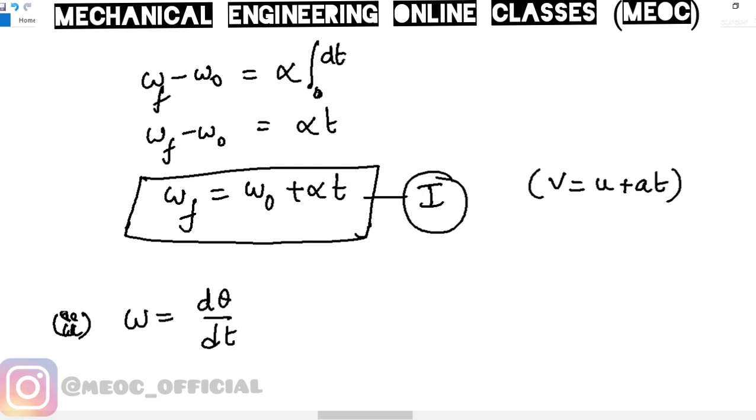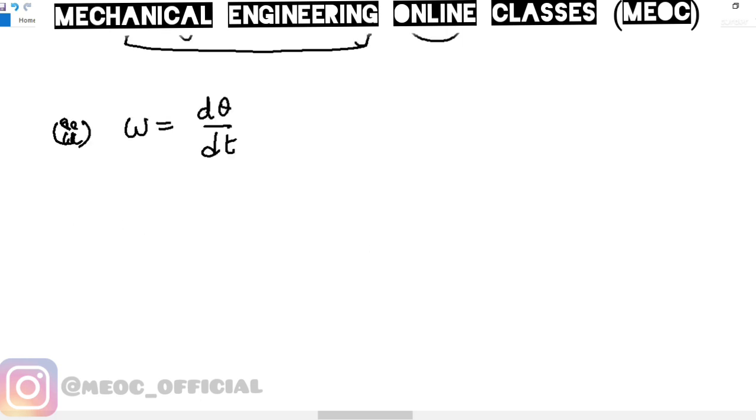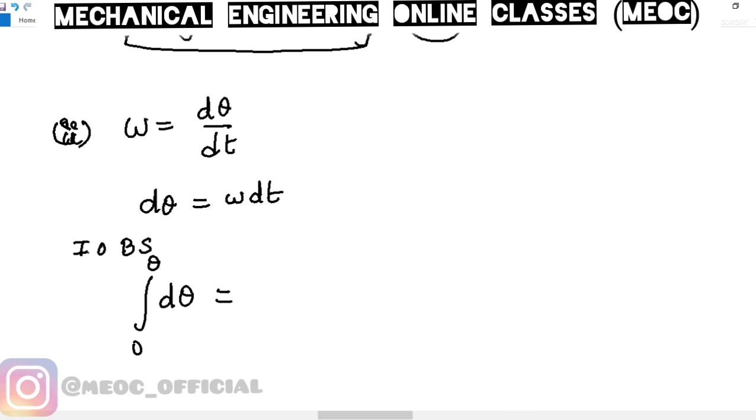omega is nothing but d theta by dt. So now let us try to find relation between theta, omega and t. So we can write this as d theta equal to omega dt. So in order to find theta, let us integrate the above equation on both sides. So if from 0 degrees it is taking an angular displacement of theta, it is 0 to theta, integral d theta is equal to integral 0 to t omega f